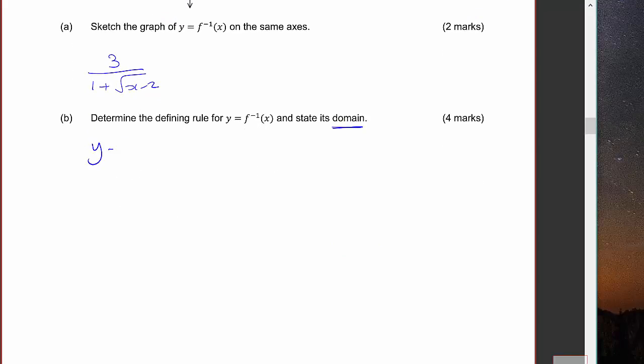So y is going to be 3 over 1 plus root x minus 2. So interchange x and y. That's a definite mark for doing this type of thing. And then we've got to rearrange to make y the subject. So what do we got? So what might we do here? So bring that up, and then we've got x plus,